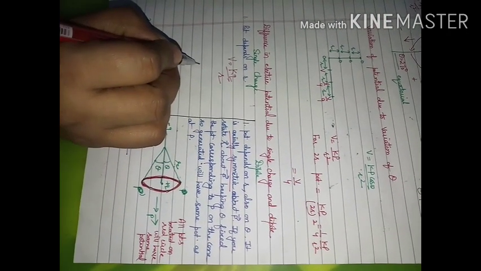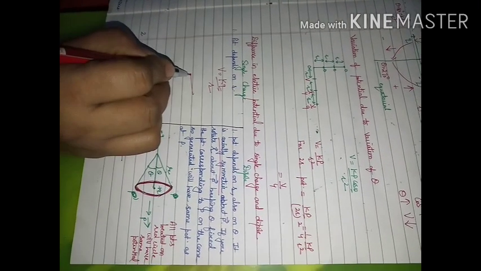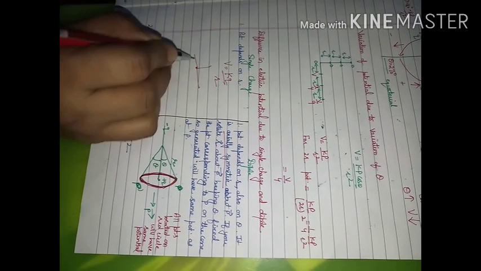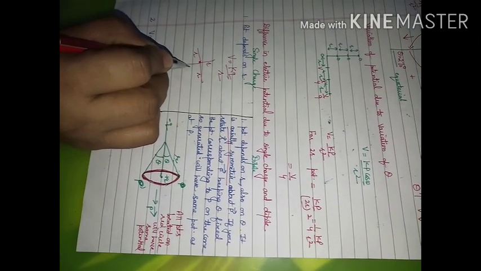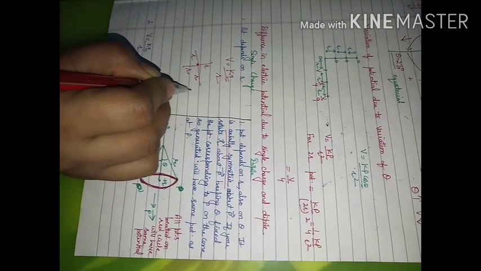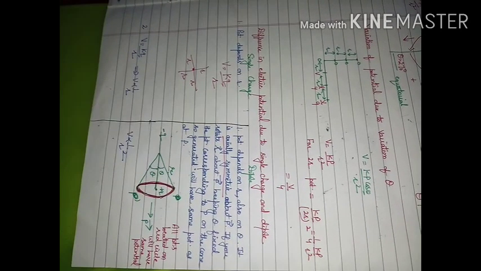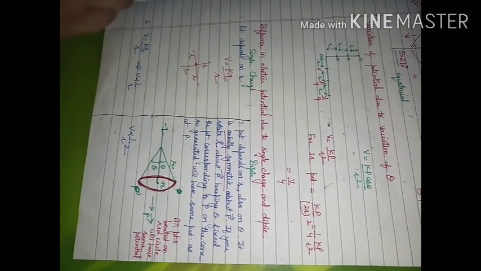Spherical symmetry means charge is here. At any distance you go to any point, the distance is r, you join all the points, you will be able to get the shape of a sphere. In this case, it is not like this.